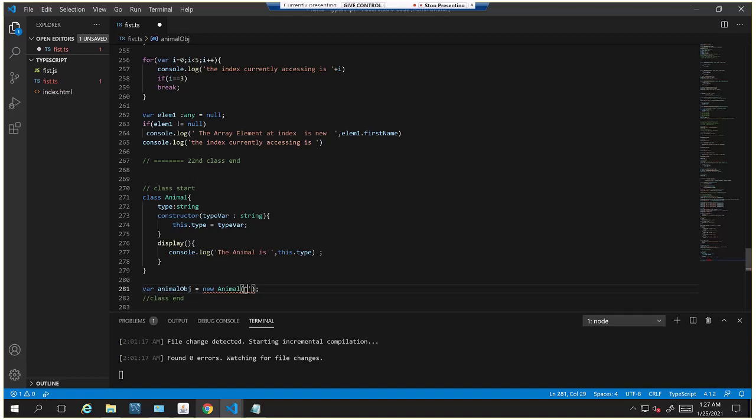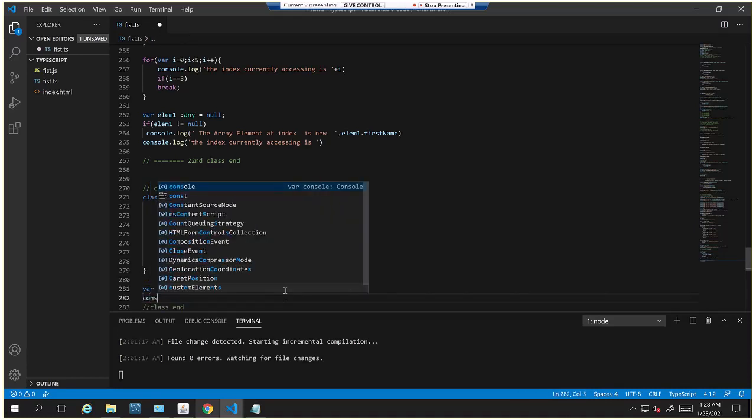So if I specify dog or cat, this variable will go to this constructor and it will assign the value to type. That means this dog value goes to this type. So if I access this type inside any of the object methods, it will print me the value dog inside this class. Now if I go and print console.log